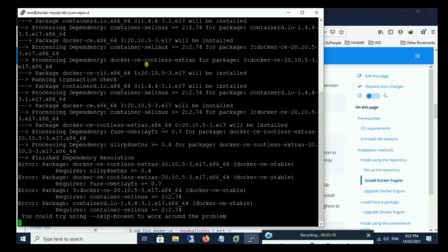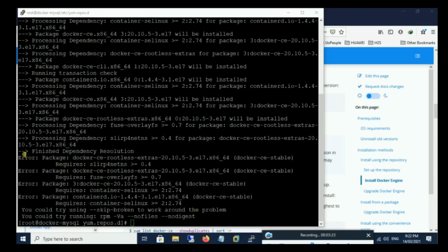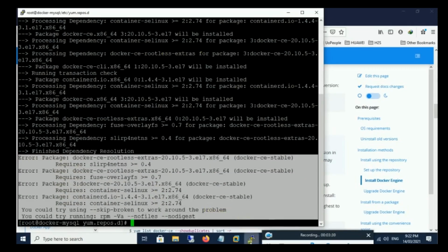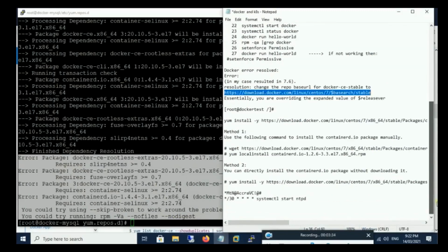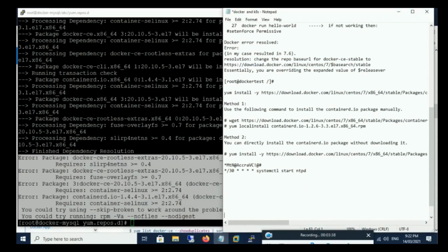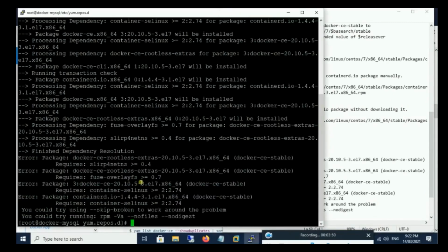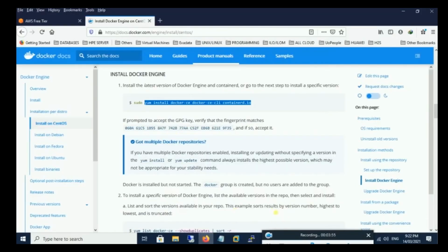So I believe we are all waiting for errors to pop up on the screen, and together we try to solve these errors. So the errors, the dependencies that are needed for the installation, we are now going to try and install them on the system. So we copy them and paste it in a notepad and start resolving it one by one. So we copy all those packages that are needed. Then we are going to try to install them to resolve them one by one.